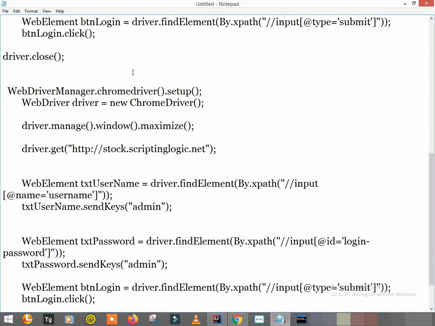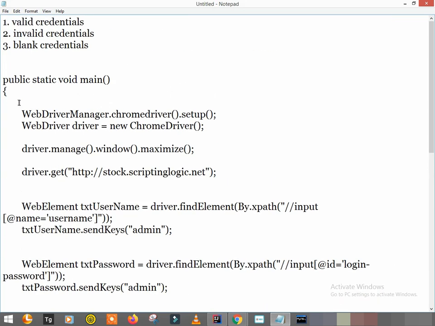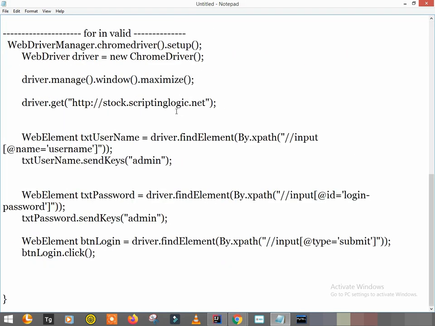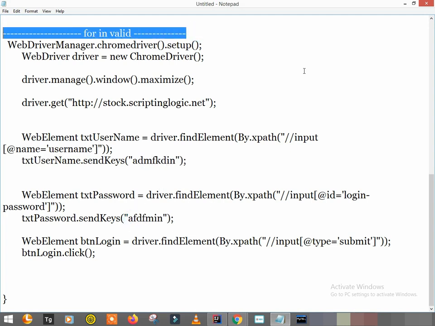So this is, let's say, for invalid. Above one was for valid. This is the scenario for invalid. So let me put some invalid username and invalid password.